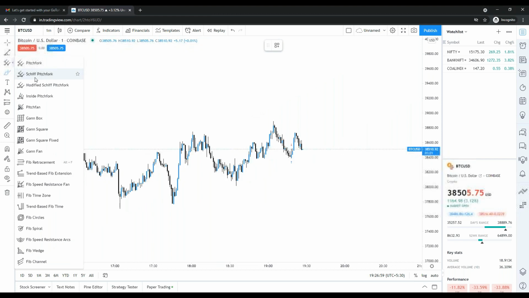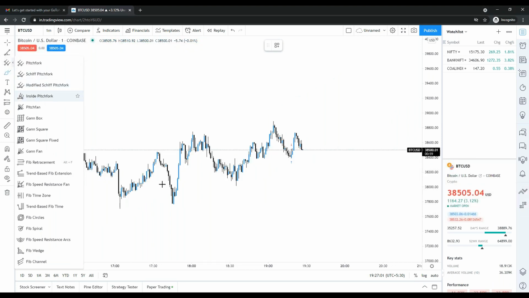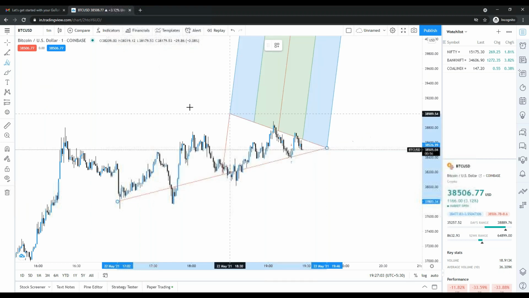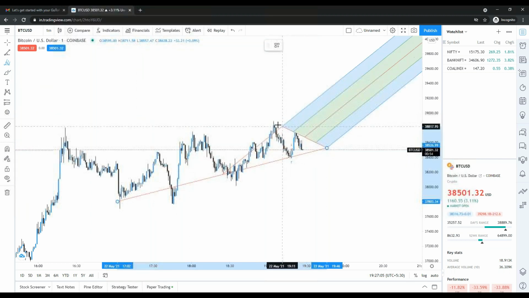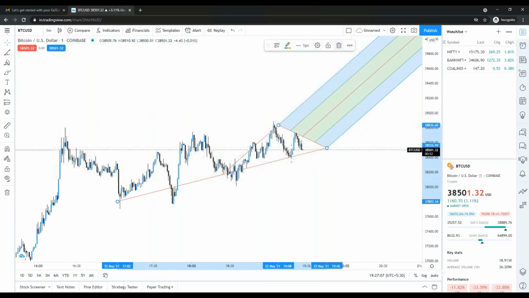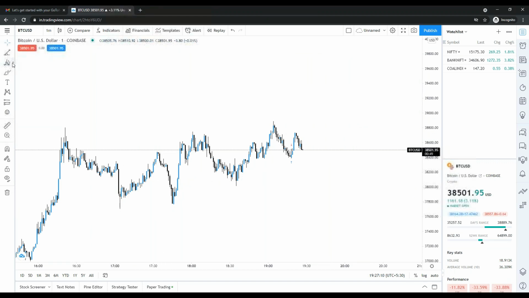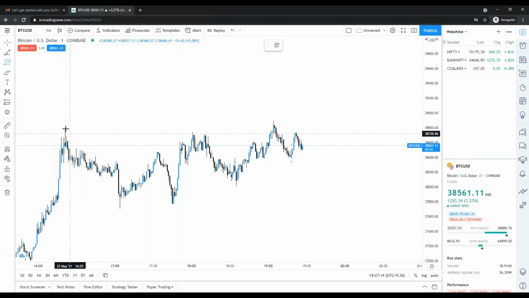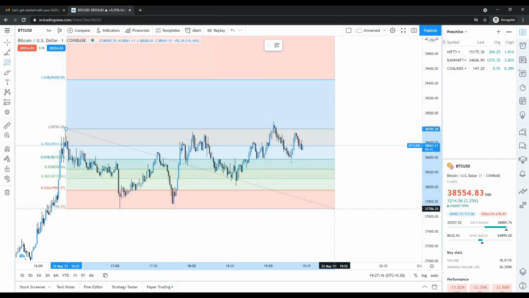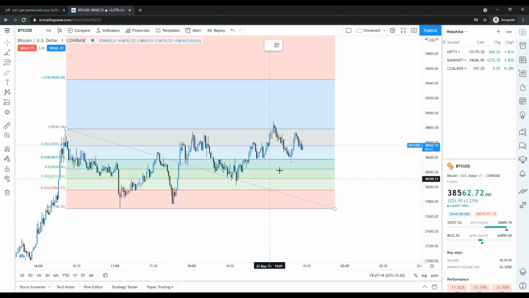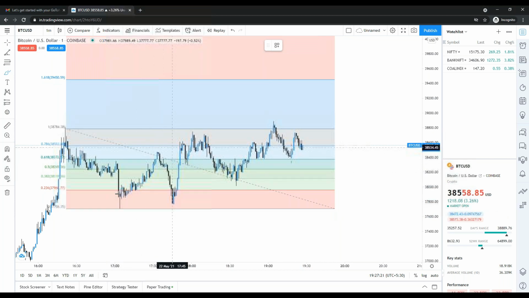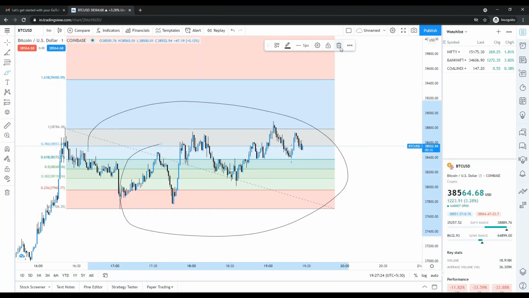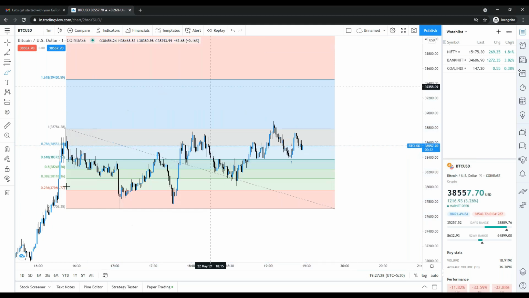Then you can see inside the pitchfork there is also a tool. How to draw these tools, I will come to that and explain at that moment. Again, you can see the Fibonacci retracement tool we have. We are going to use this tool as our support and resistance. There is a complete theory on Fibonacci, a complete trading style, which I will explain in an upcoming class.